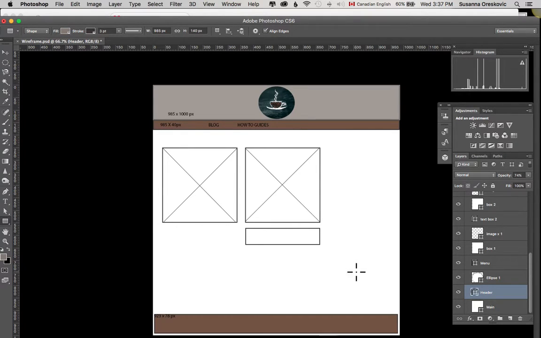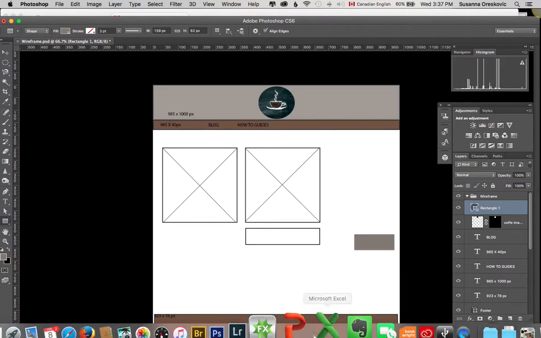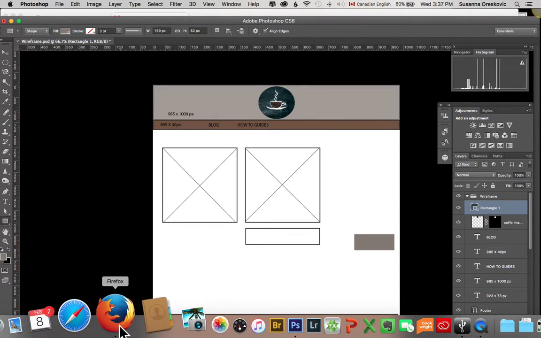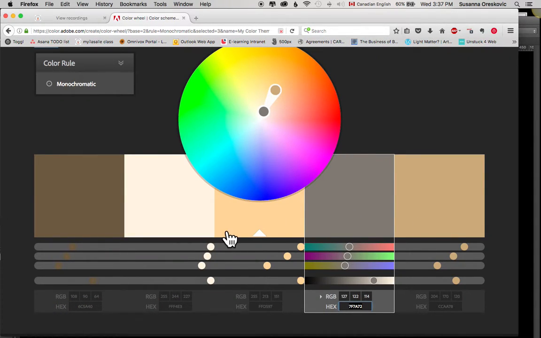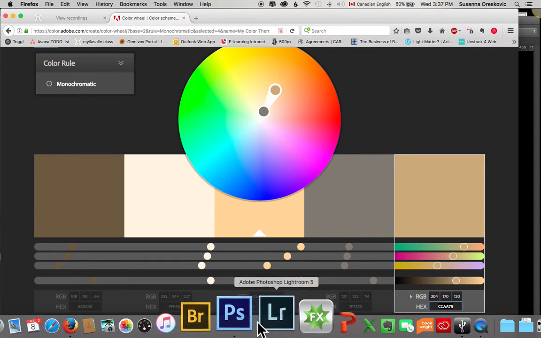and maybe I'll have a button down here somewhere else. I'll go here to my rectangle, and maybe I'll have a subscribe button that I want to do that color, or maybe not that color. Maybe if I go back to my color picker, it's not exactly ideal because buttons usually should stand out, but let's say I pick that color. I'll copy that, go back to Photoshop,